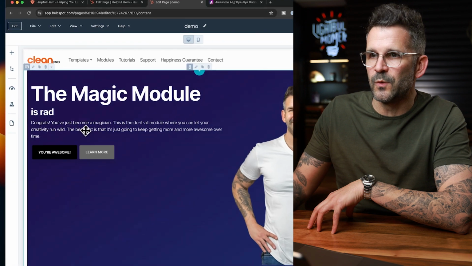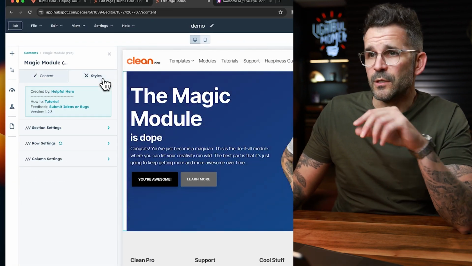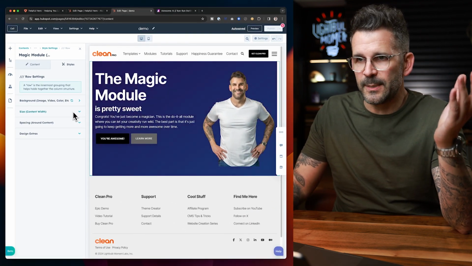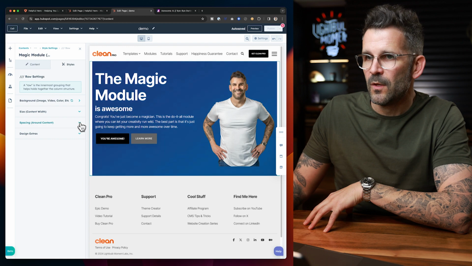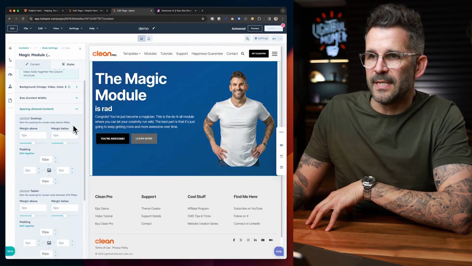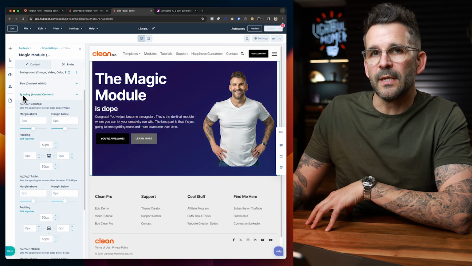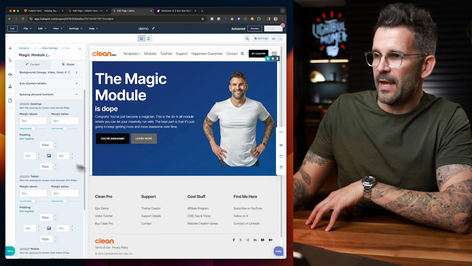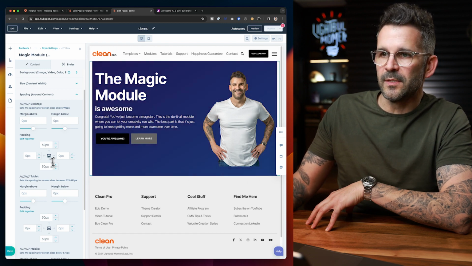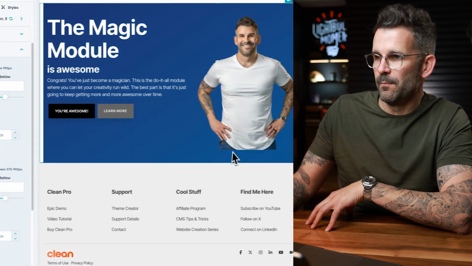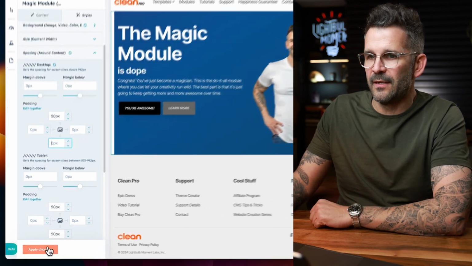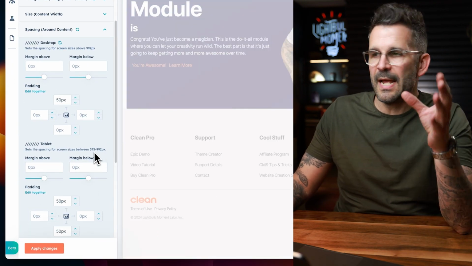So now we wanna pop back into the module and go back into the row settings. This is where you're gonna have to play with it a little bit, and you're gonna see what I mean right now. First, if we go under spacing options, there's a couple things to take into consideration. We are looking at the row right now. And the reason I'm getting cut off at the bottom is because there is padding that's providing us this space. So if I just remove that padding and hit apply changes, you're gonna see I'm gonna anchor to the bottom